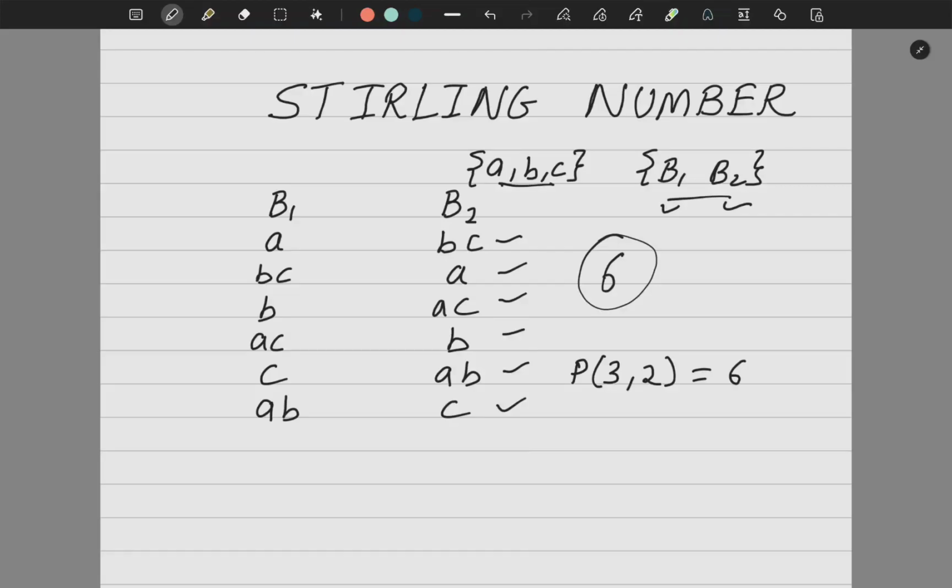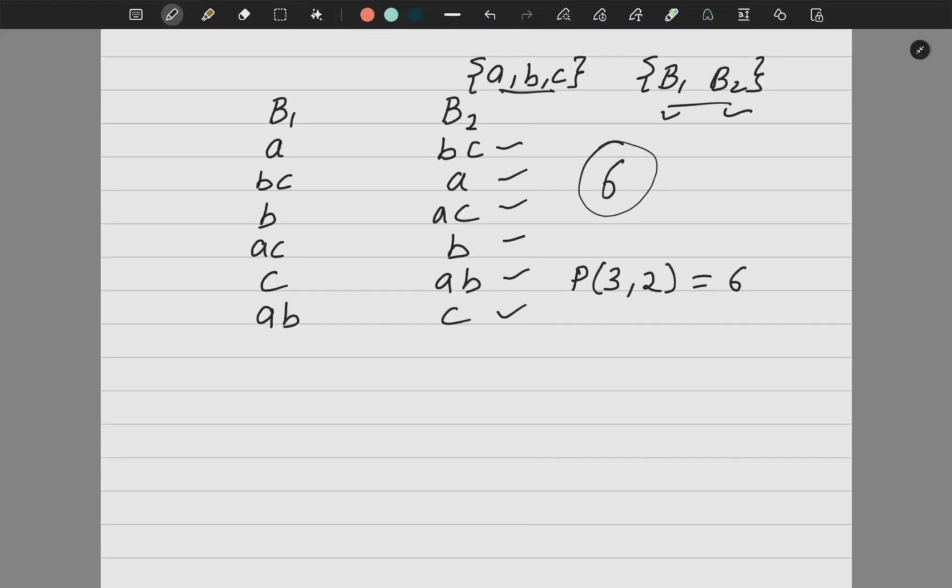Now just assume both the boxes are of the same type and my first restriction remains the same, that no box should be empty. Now in the case when B1 and B2 are exactly the same, these two will represent almost the same thing. In the same way, these two will represent the same thing, and these two will represent the same thing. So how many ways can I do the arrangement? That is 3, and it is represented by S(3,2) = 3.